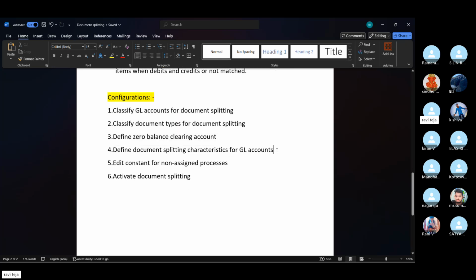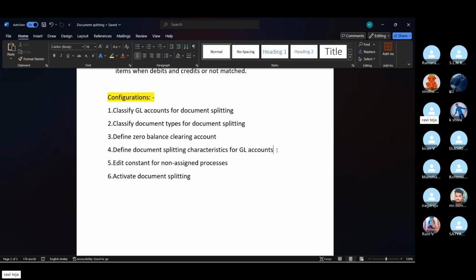In define document splitting characteristics for GL accounts, we can define at what level we are trying to execute our document splitting. For example, we have fields like mandatory field in this configuration. If we select profit center as a mandatory field, then all the transactions we book must contain a profit center, and we can extract financial statements at profit center level.